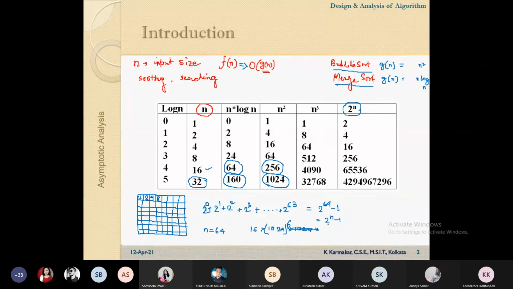So if the complexity of a function is like this, it's too large. For a large value of n, I'm not talking about 1,000 or 1 lakh or 1 million. Even if the value of n is 50 or 60, that's too large. And if the complexity of an algorithm is like this, then it's hard to solve. Later on, we will come to a chapter which is NP completeness, where we will discuss hard problems in computer science.